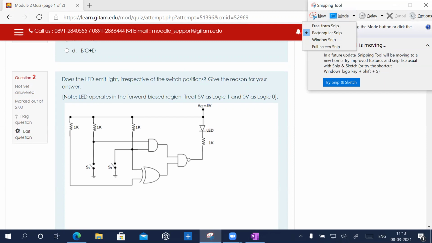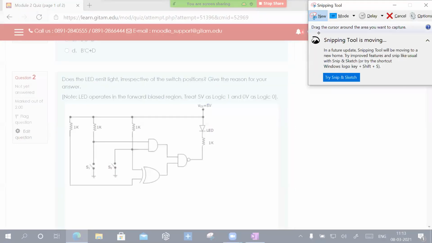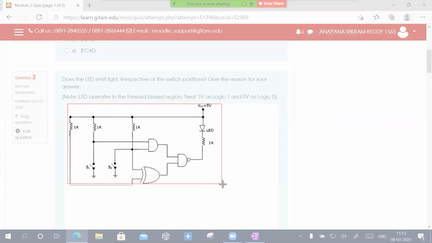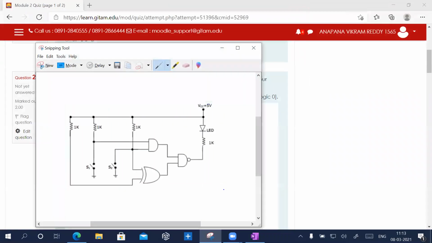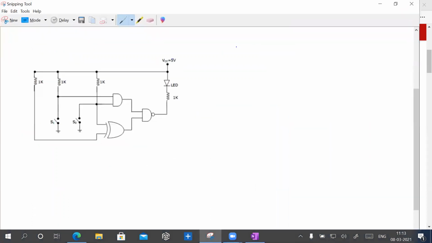Very good. You're right. Sir, it's an equipotential surface because both sides will be 5 volts. Both sides of the LED are 5 volt, so therefore it won't emit light. Very good. Okay, I'm able to write now. See, Sir, here we won't consider the drop across the 1 kilo ohm.